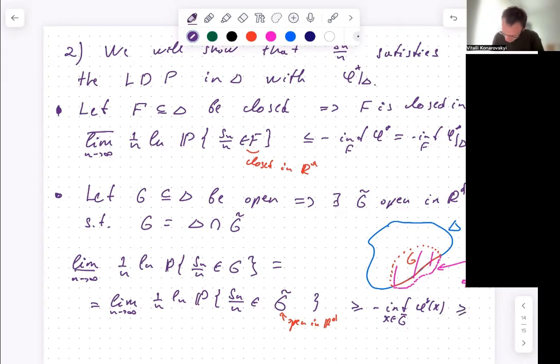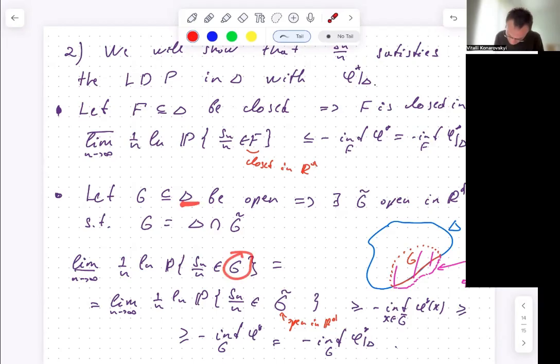And then I will continue: larger or equal than minus infimum, x belongs to G, or just shorter, G phi star. But G is a subset of delta, and it is the same if I just write phi star restricted to delta. So therefore, you see that for every open set in delta, you got that,